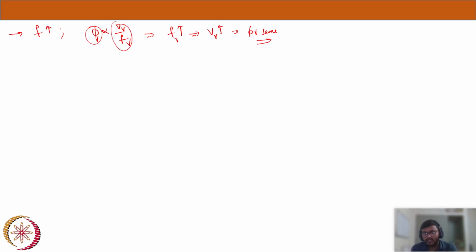Now there is a problem here. Can anyone see the problem? The problem is, can I increase my voltage beyond rated voltage? Previously it was just a reduction of voltage, okay, I reduced it, everything was fine. Now can I increase my voltage beyond the rated voltage? That's the question. We should not go beyond the rated voltage specified on the nameplate